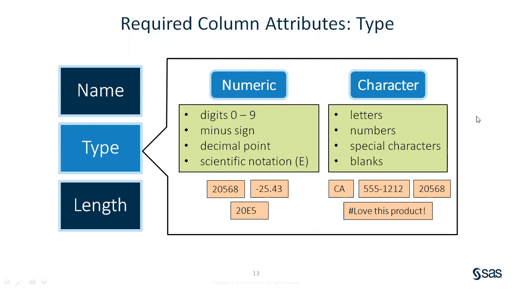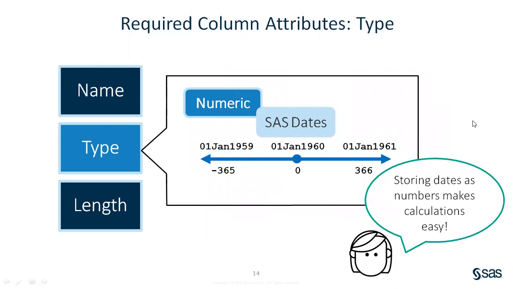Okay, let's see. Mostly SAS saves dates in the form of numbers. Hence, in SAS, dates are saved as numeric. How does it save as a number? A specific date is always calculated as a number of days from 1st Jan 1960, which is when the SAS software was being developed. Hence this date is saved as day 0. Any day after 1 Jan 1960, for example 1st Jan 1961, is saved as day 366.